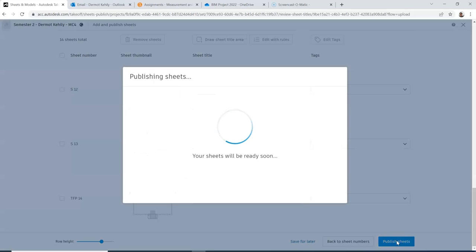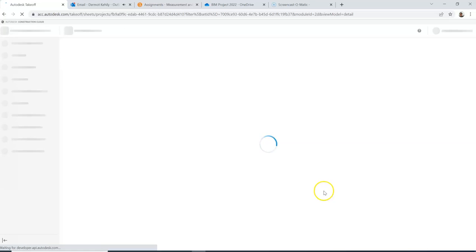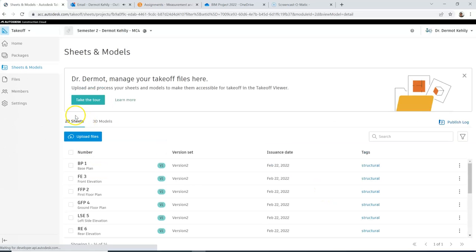So listen, it's a long-winded process, unfortunately, but at least we've got it set up now. Just because there's a lot of drawings, it would be a little bit easier if I'd named them correctly. But anyway, view sheets, and you'll see them all come up here: basement plan, front elevation, etc. So now if I just click back to home at the top to see where I'm at, I've got